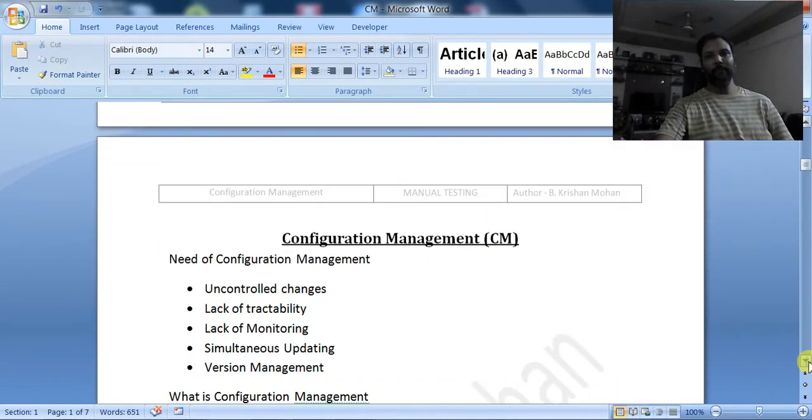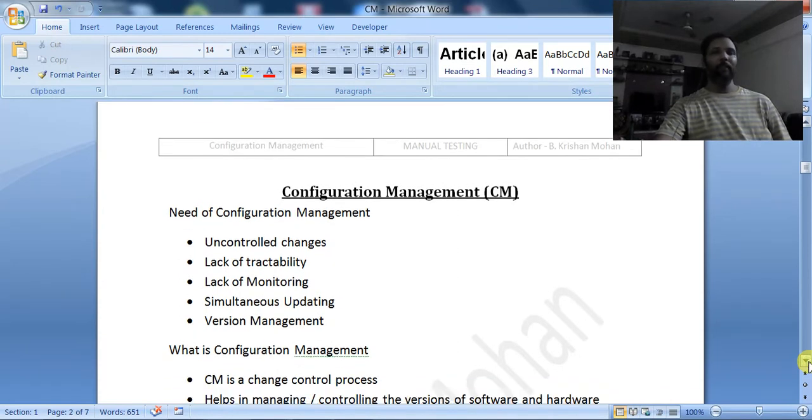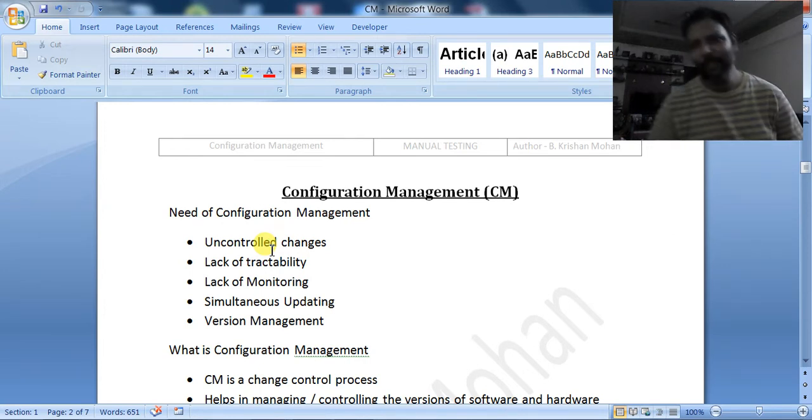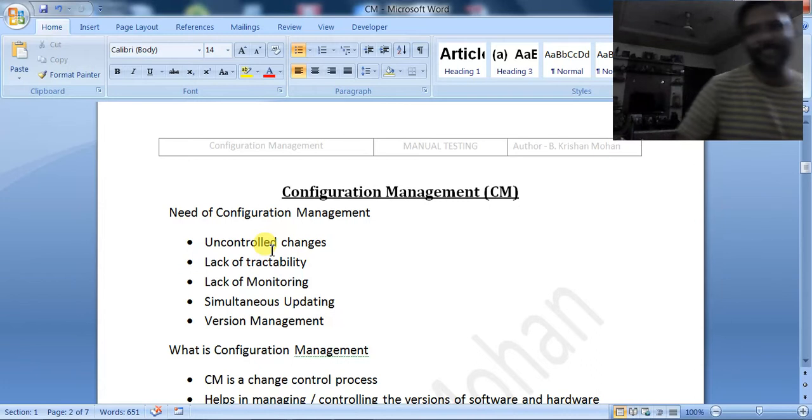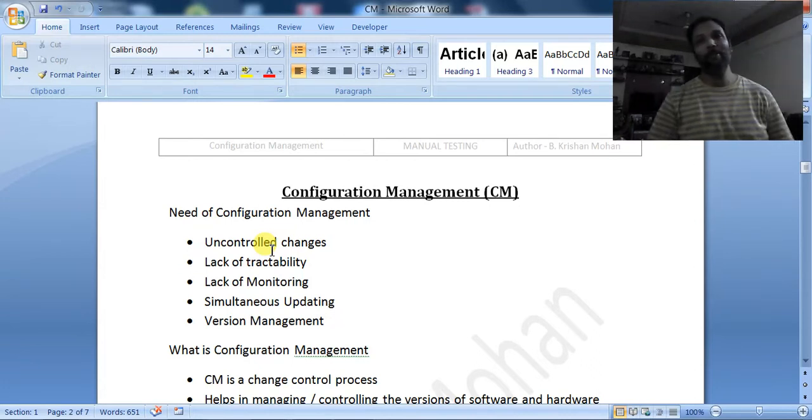After that, see here, the need for configuration management: there will be uncontrollable changes. Definitely the customer will be giving changes here and there, whenever he wants. As a development company, we can't say that we can't do these many changes.